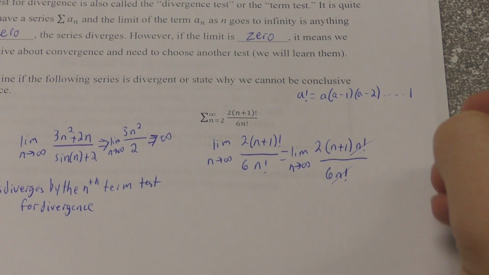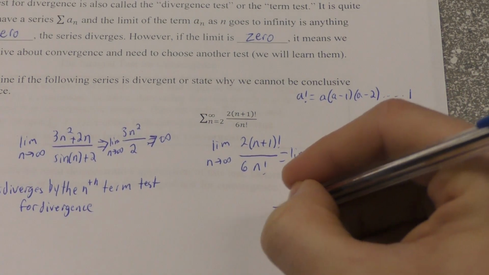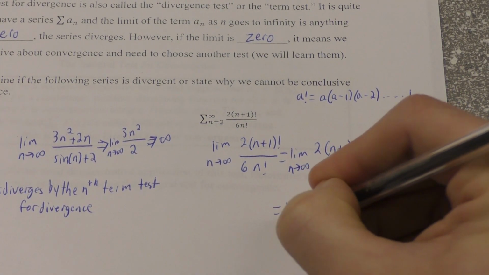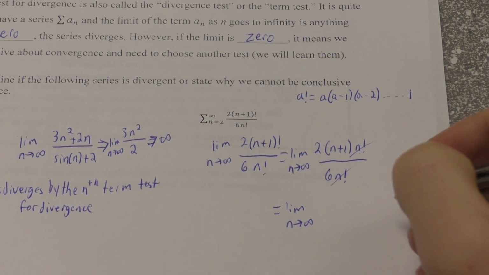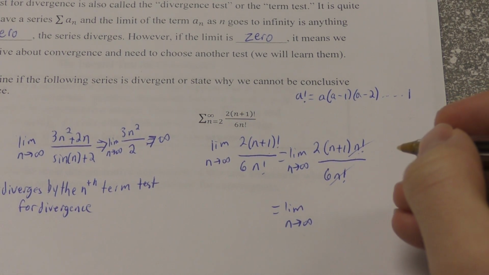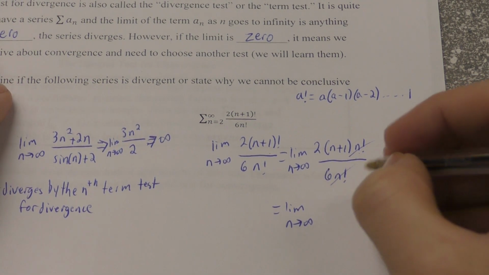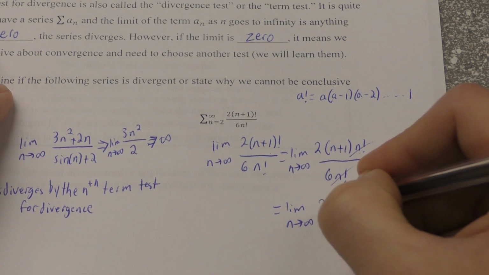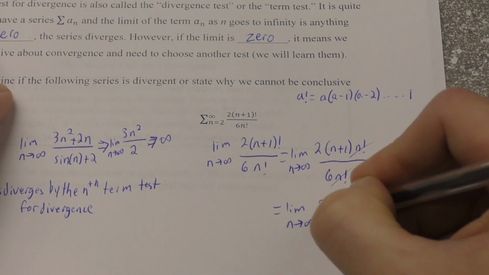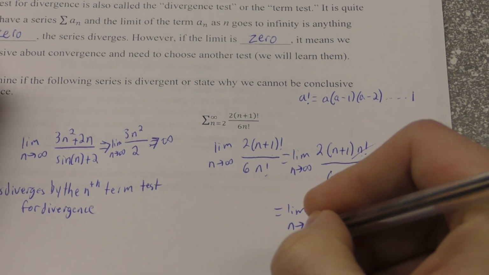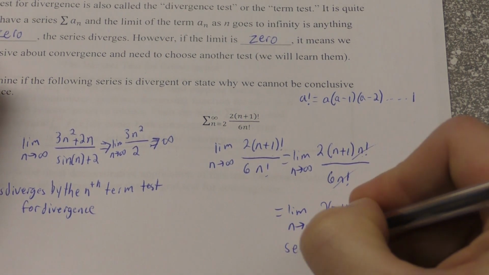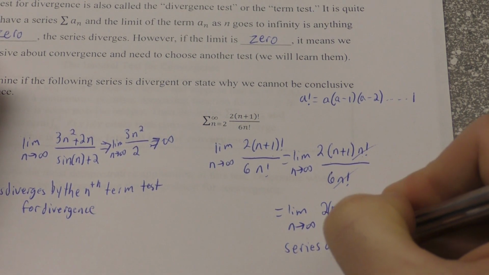We'll divide away and leave us with the limit as n approaches infinity of 2 times (n plus 1), and as n approaches infinity, this will approach infinity. So that means our series diverges